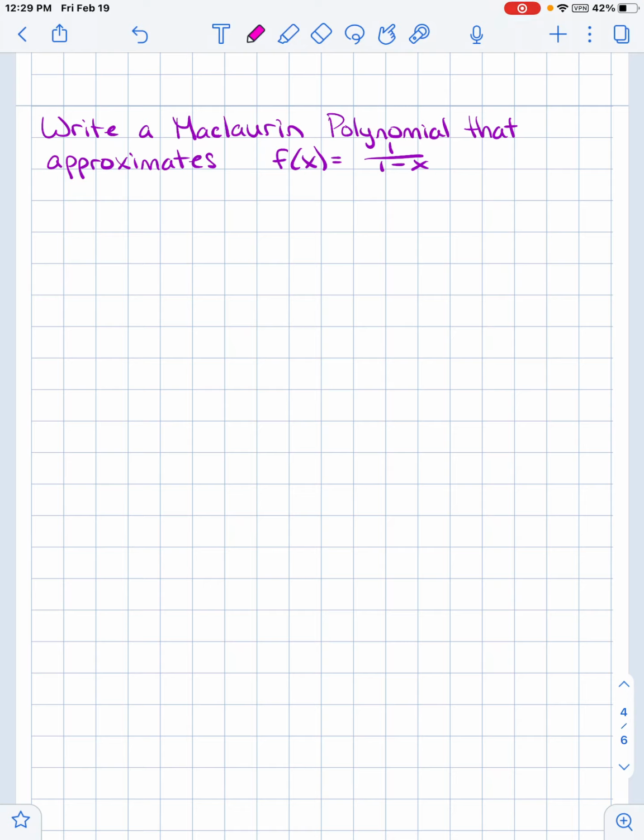Remember when we were looking at the sum of a geometric series? We know that the sum of a geometric series is written in the form of a over 1 minus r. Well, if you'll notice, this function that I've given you is also in that same format, where this is a, the first term, and this is r, which is the common ratio. So I can use that idea to write a Maclaurin polynomial for 1 over 1 minus x, because I know